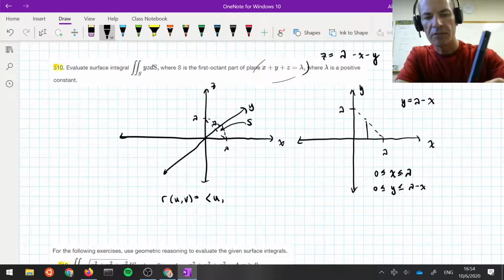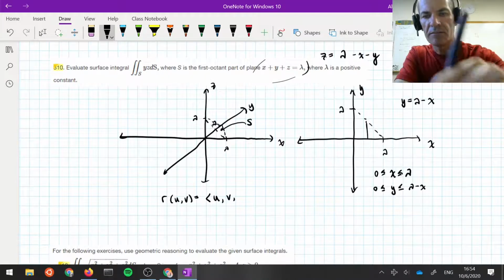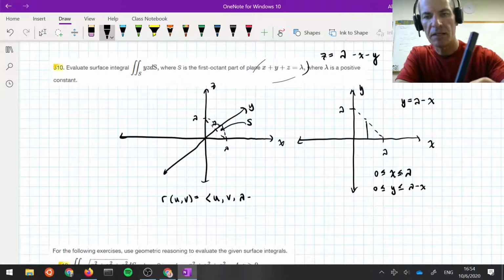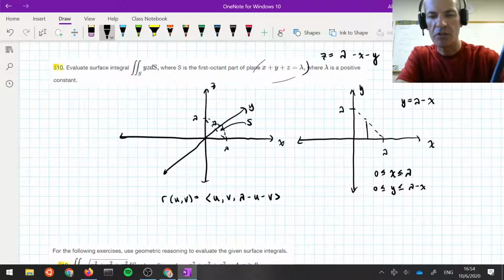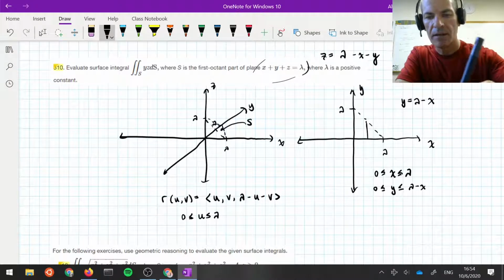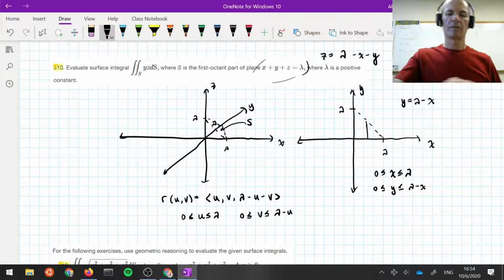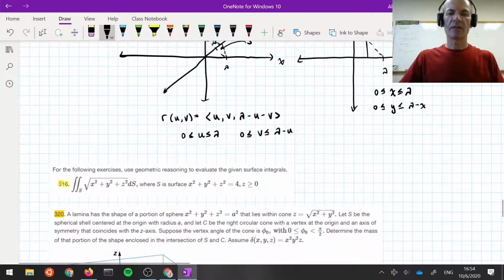U plays the role of x, v plays the role of y, and up here for z, lambda minus u minus v. And what's the parameter range? 0 less than or equal to u less than or equal to lambda, and 0 less than or equal to v less than or equal to lambda minus u. That's the parameter range, and we have now parameterized